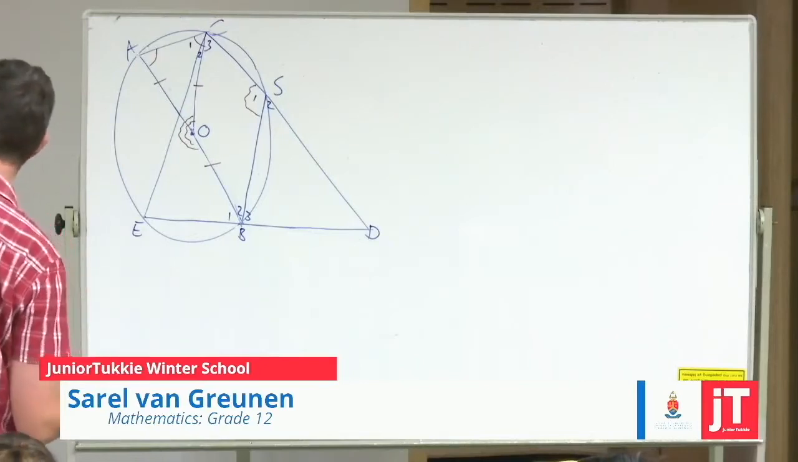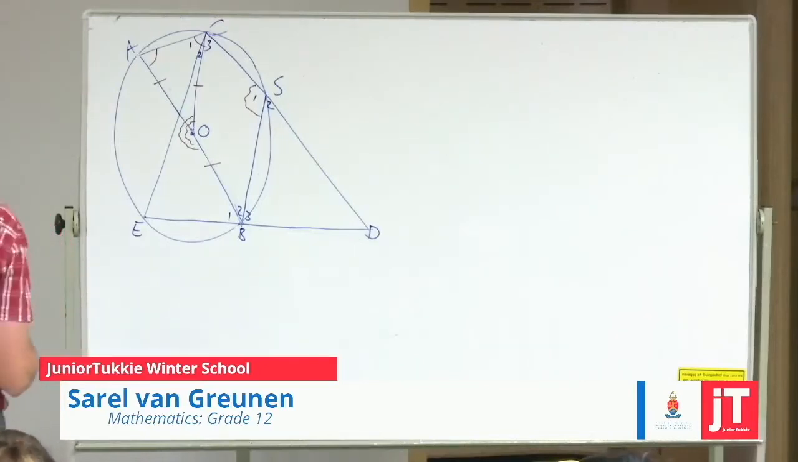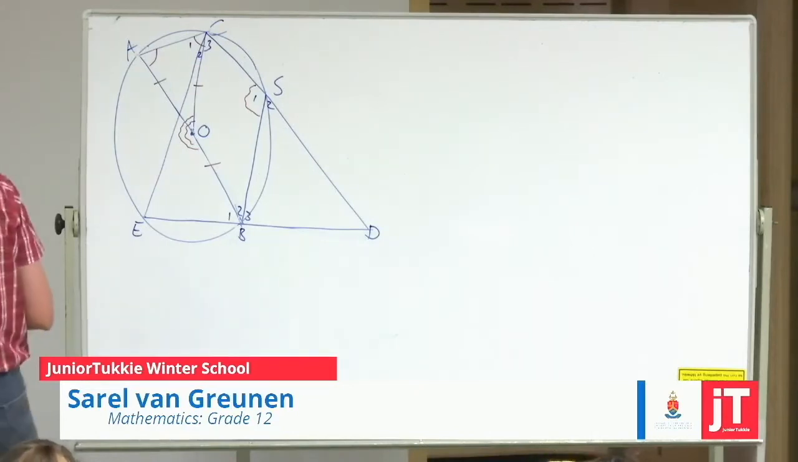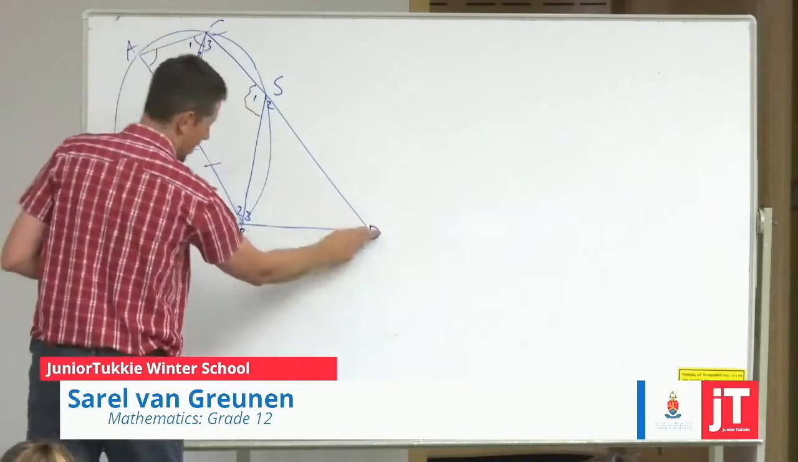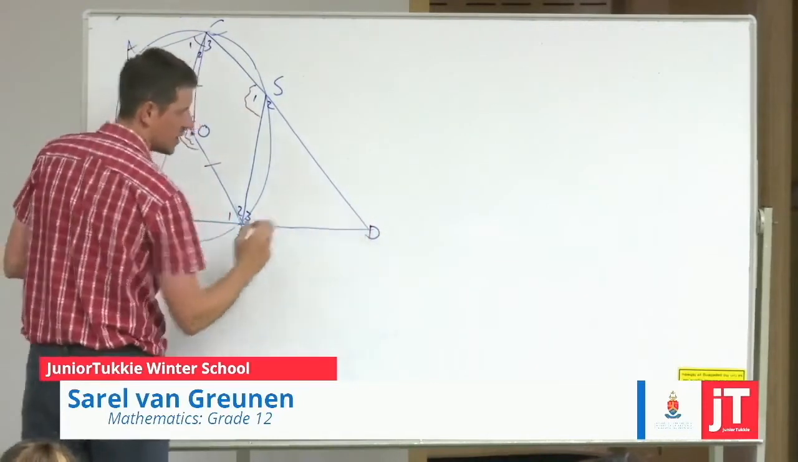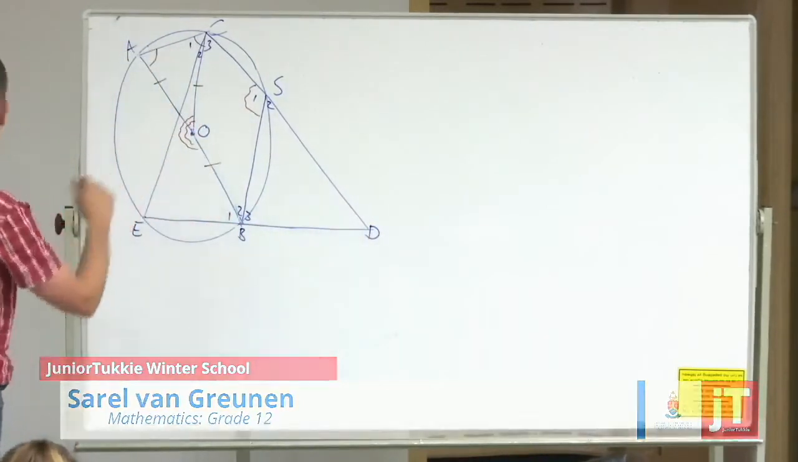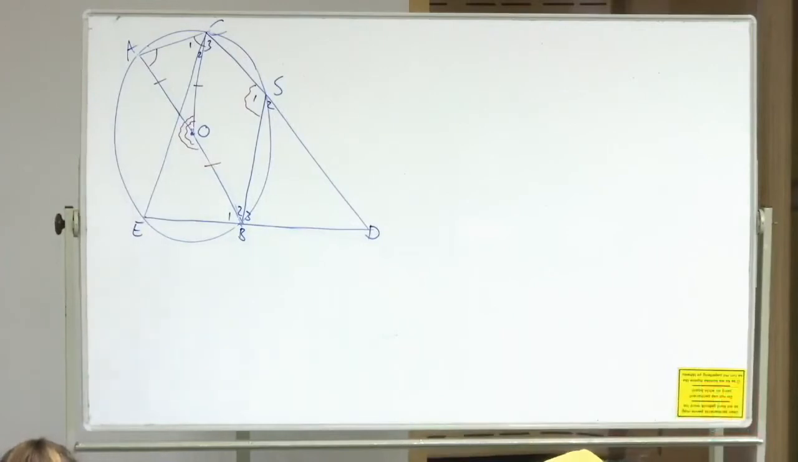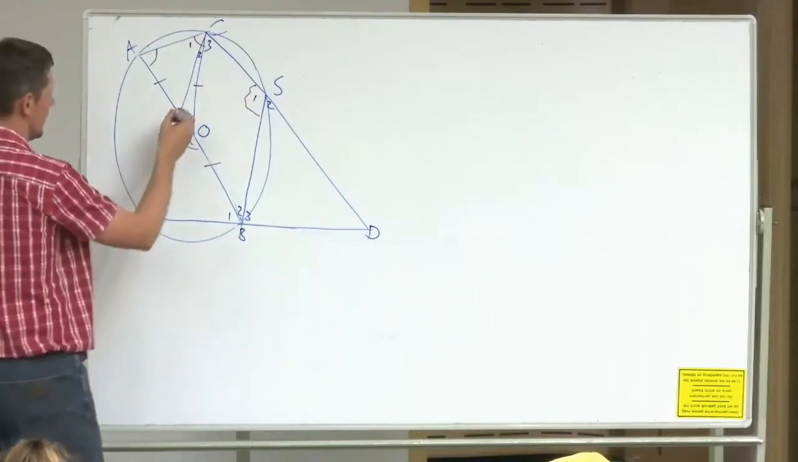AB is the diameter of the circle. Not going to mean much to me now. Chord CS produced meets EB produced at D. So in other words, CS is extended to D, and EB as well to D. Then lastly it says chord EC is parallel